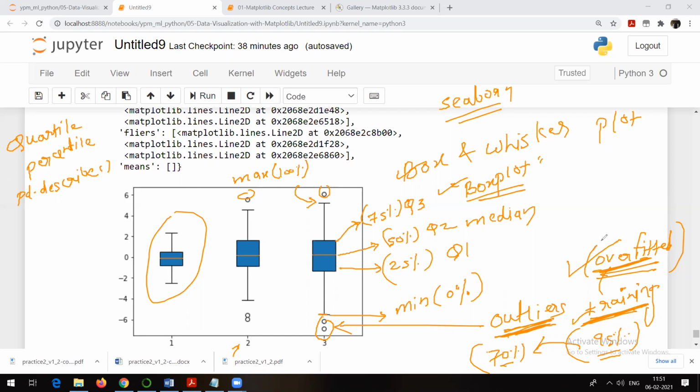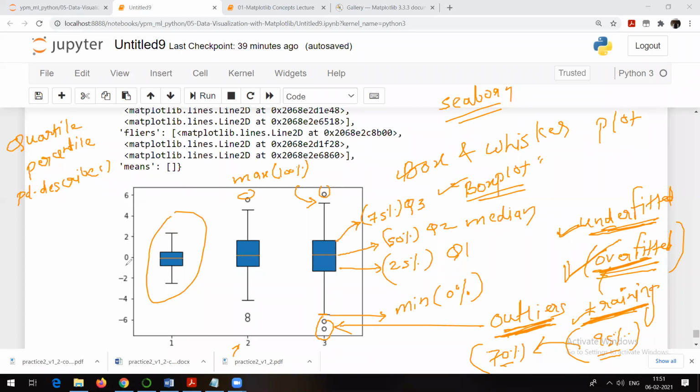So we want a model, but our model should not be overfitted and should not be underfitted. Overfitted model, underfitted model, all these terms we are going to come across when we start with linear regression, logistic regression, support vector machine. In that case, I will explain in detail the mathematics behind this, the actual concept and the implementation. But remember, before applying any algorithm on any data set, you need to make sure that there is no outlier value present in the data set.